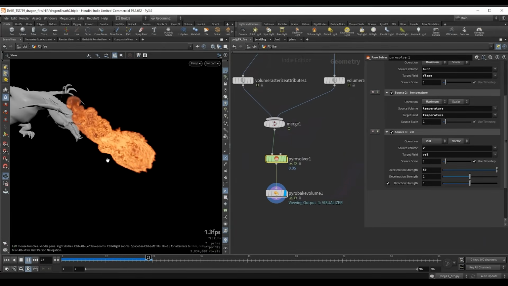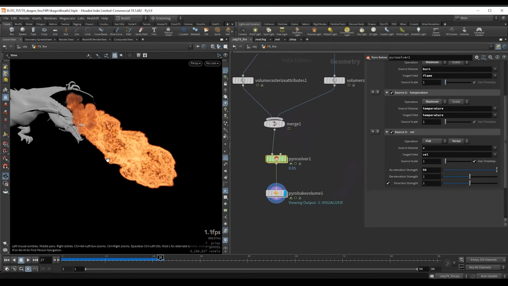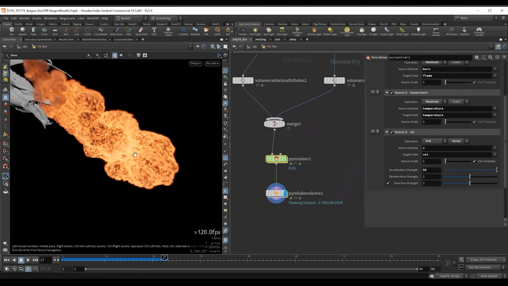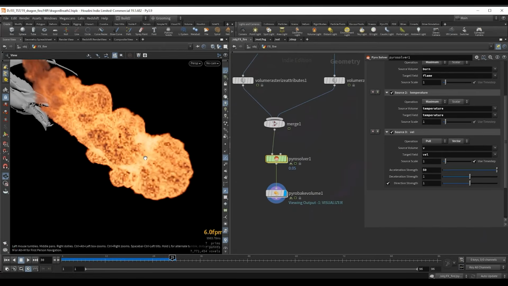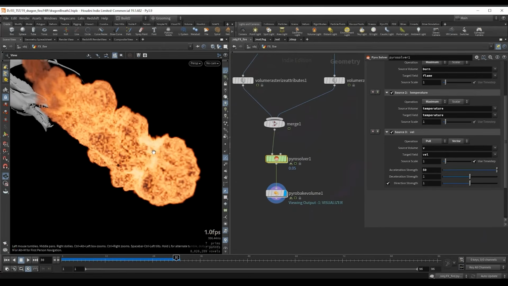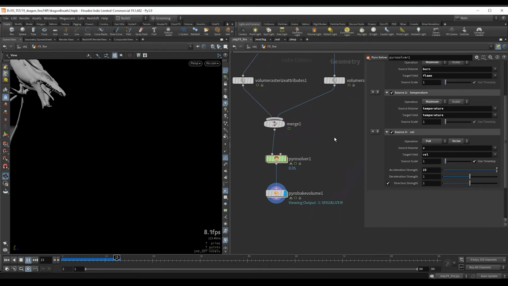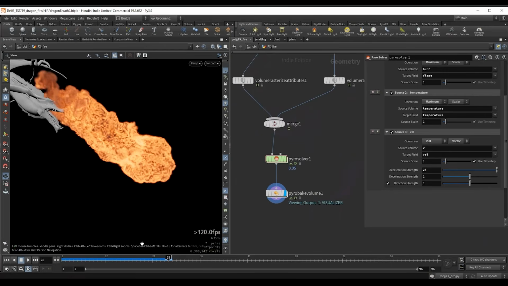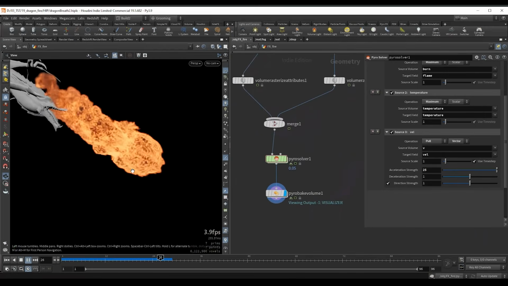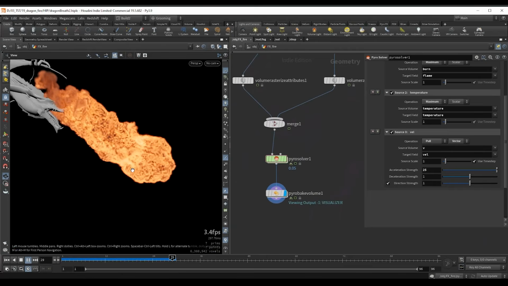And now that we are blending in the velocities, we can see that we still have a little bit of the mushroom cloud look, but we got rid of some of it. It's not really as apparent. We can even try a lower value here. If I try 25, we are gonna have even less of a mushroom cloud, but now our velocities might not be strong enough to push our fire enough.